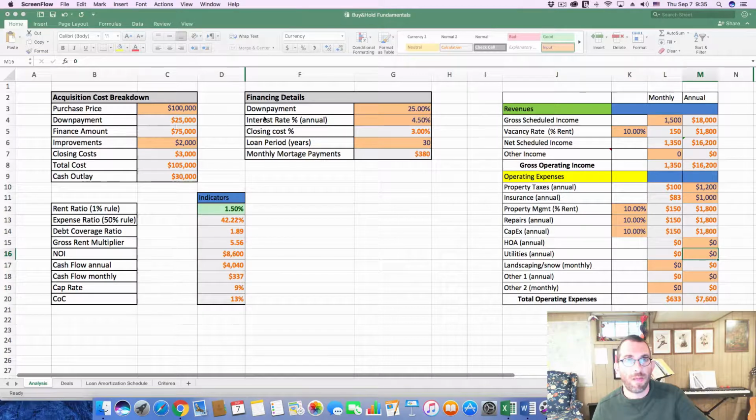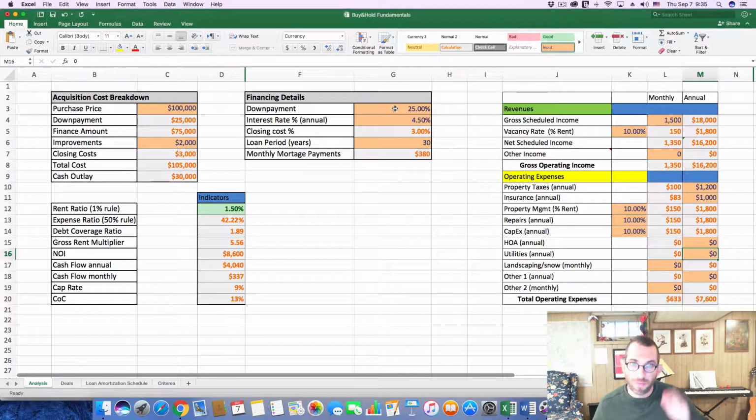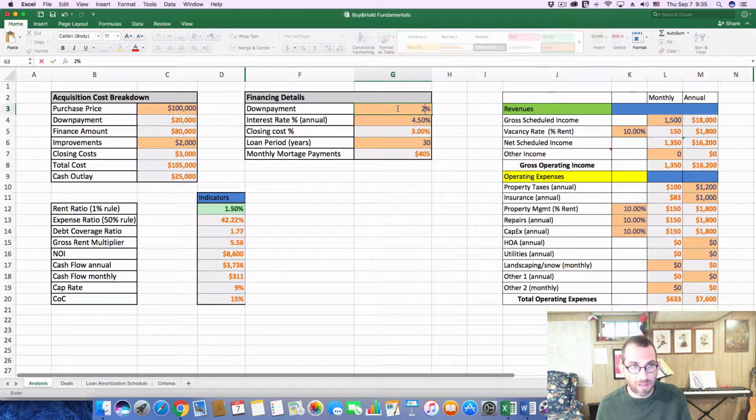The down payment is a result of the percentage I put in here. Seeing as I am looking at mainly investment properties, I leave that at 25%. You might be able to get it at 20%, but that's the first assumption that I make. The interest rate, I'm putting at 4.5% at the moment, and that affects your mortgage payments, as does the loan